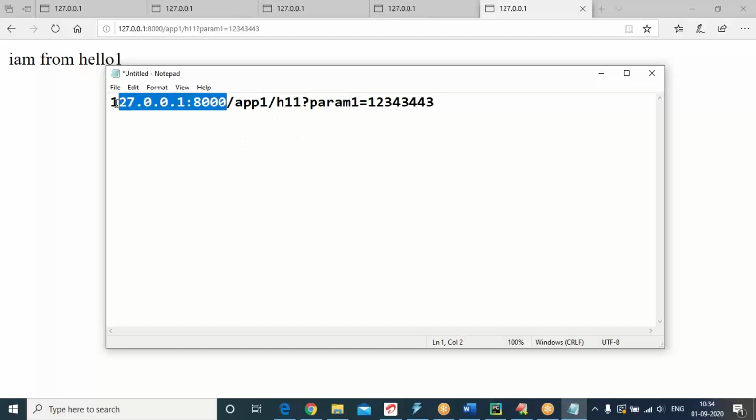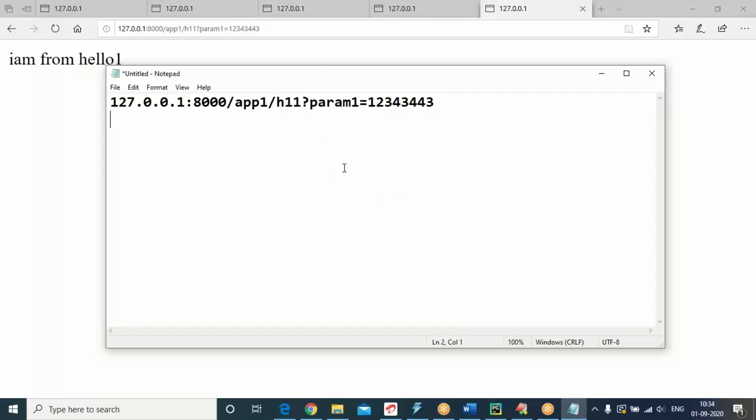Then inside that application name, a small service URL. After the service URL, a question mark is mandatory in case of a query string. Param1 is equal to something.